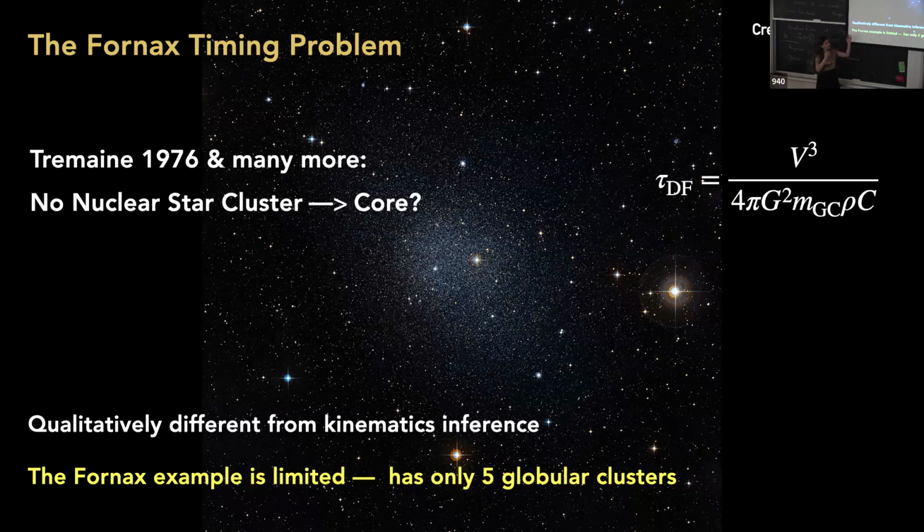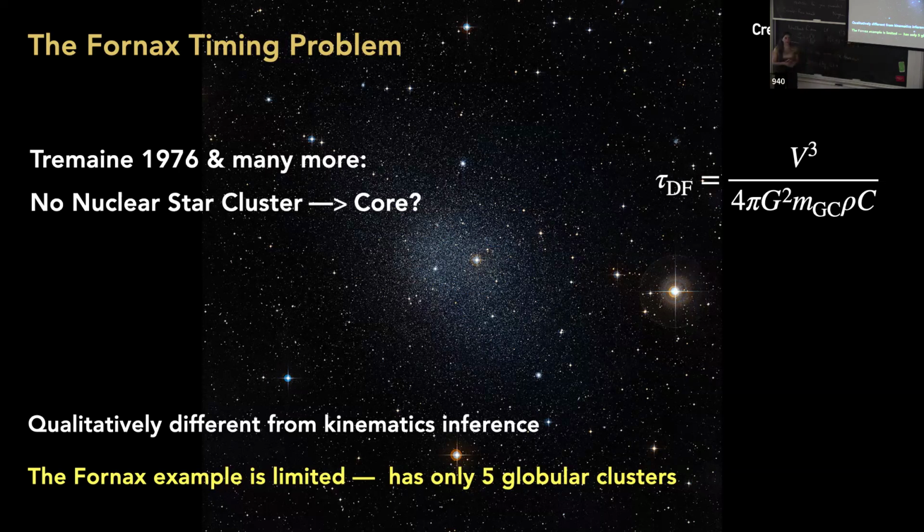So if the dark matter halo had a cusp, they should quickly spiral in and make it all the way to the center, merge with each other and form a nuclear star cluster, or even just sink to the center. But if it has a core and the density profile flattens, we have this effect called core stalling again, where they just stall around the center. So Fornax has been the main tool people have been applying this idea to, but it only has 5 globular clusters.